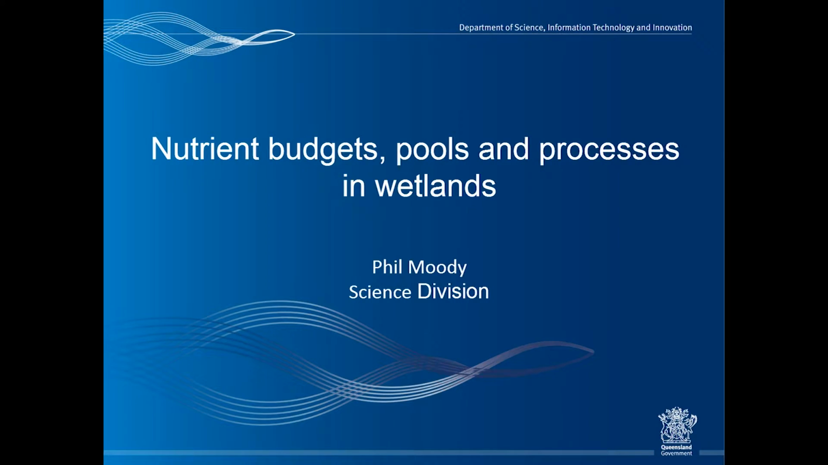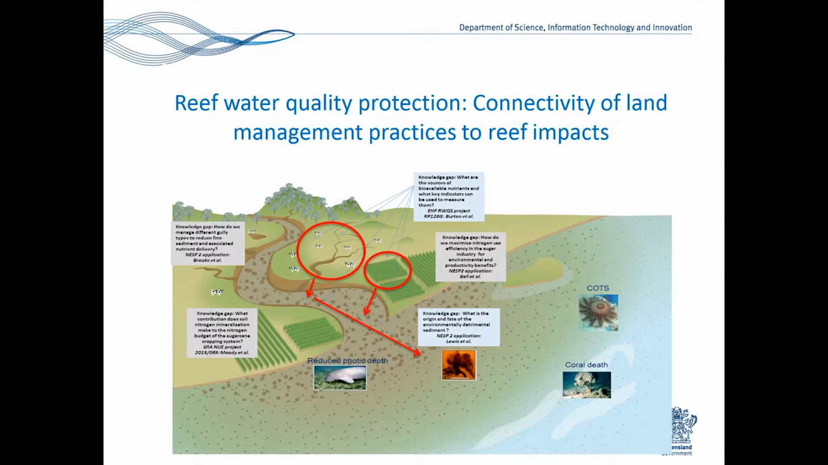Nutrient budgets, pools and processes in wetlands. What I wanted to do is just to put that into the context of the connectivity between water quality and land management practices and the reef. This is a conceptual diagram that I think Ryan presented as well, and it's just showing the connectivity between what's happening on the land, whether that be agriculture or grazing, and the water quality, which is obviously connecting out to